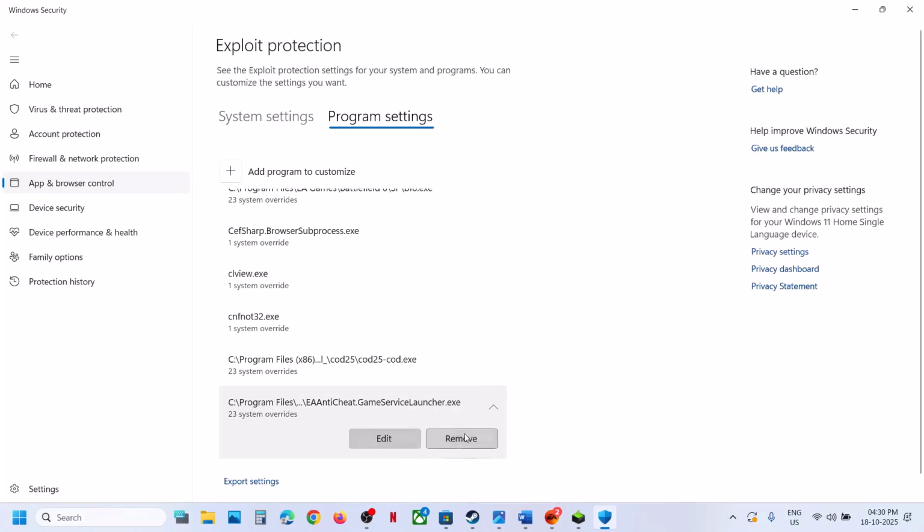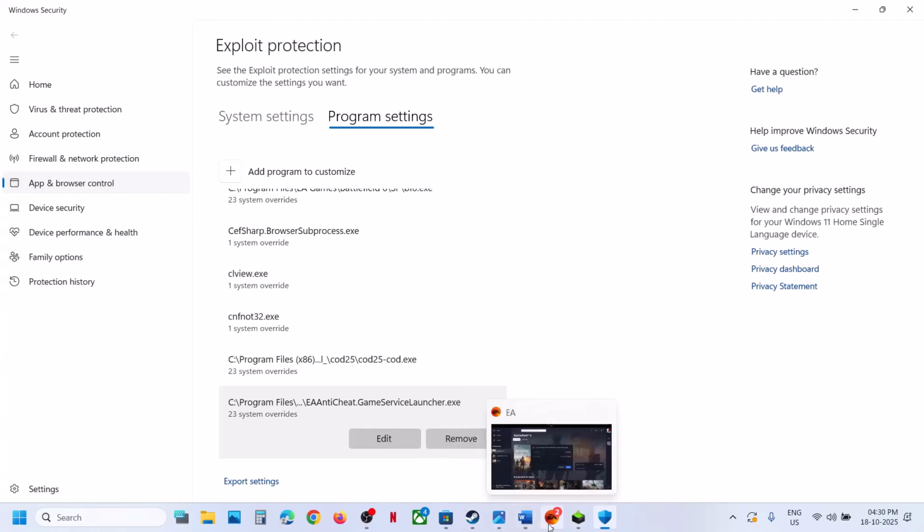If you want to go default, you can remove this from program settings, the Battlefield 6, and then it will go to default. Now the next step is to